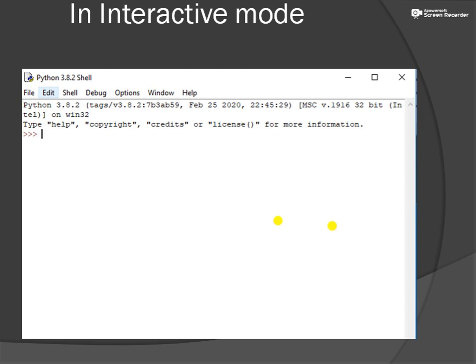An interactive mode is used to execute only single line instruction and we cannot save that file. Any calculation you can perform here, any single line instruction you can perform in interactive mode, but we cannot save that file for future use.